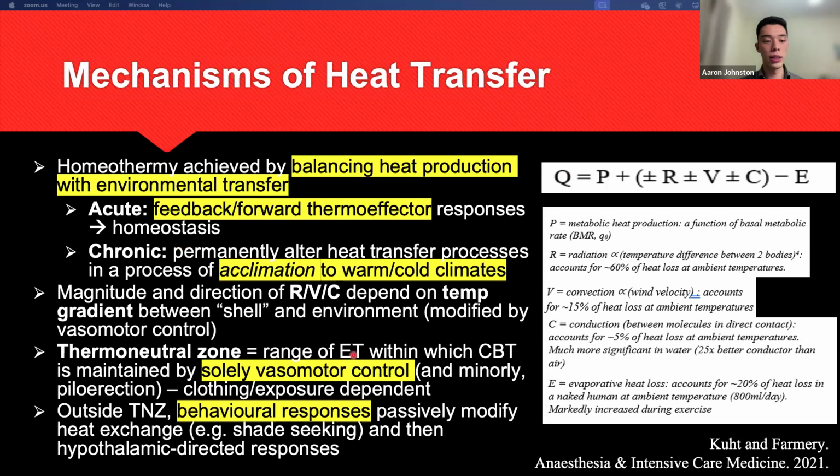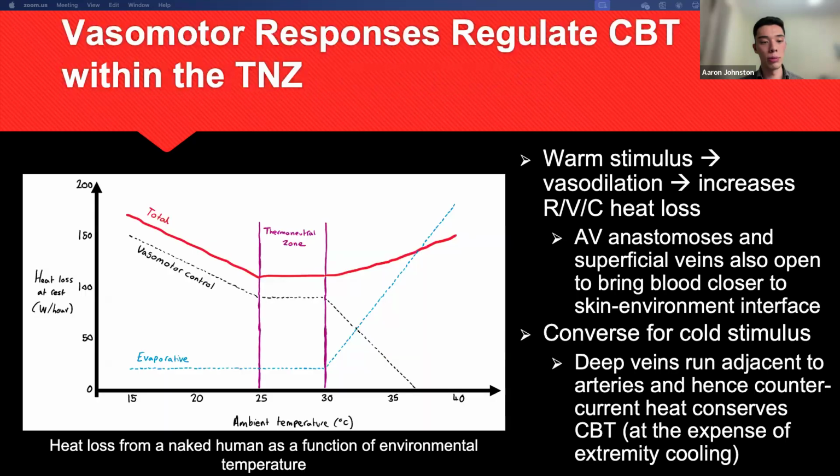Remember the thermoneutral zone. The thermoneutral zone is the range of environmental temperatures within which our core body temperature can be kept within that physiological range by only employing vasomotor responses. So basically vasodilation or vasoconstriction within our shell. Outside the thermoneutral zone, we need other responses, particularly behavioral responses, which are mounted predominantly by the hypothalamus. So this is just to show here, the thermoneutral zone is the range of ambient temperatures in which we can control our body temperature by just either